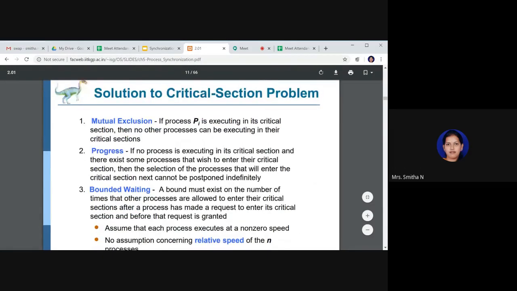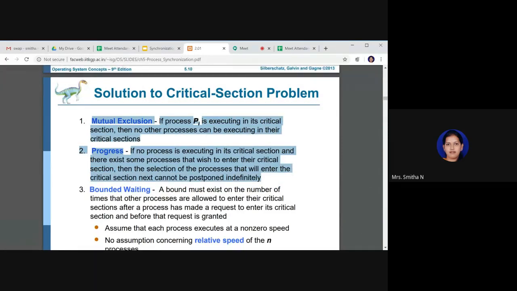So now, when we are designing a solution or coming up with the protocol to solve critical section problem, that solution should satisfy three requirements. Usually four requirements, but in all the solutions we take only these two points. The third point also we can ignore, but still for a best solution, these three points should be satisfied. Three requirements to say your protocol or your solution for critical section problem is good or acceptable: first one is mutual exclusion, next one is progress, third one is bounded waiting.